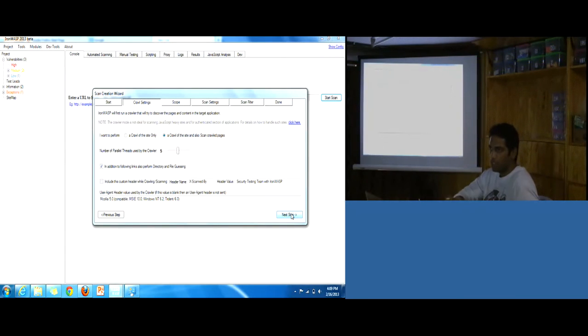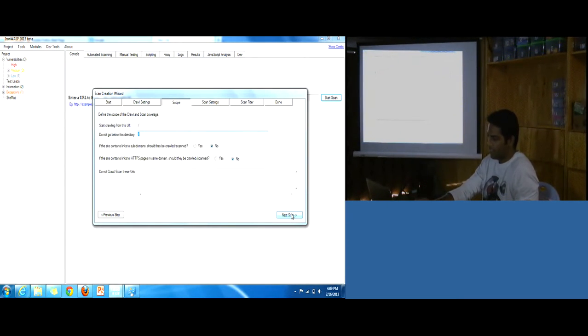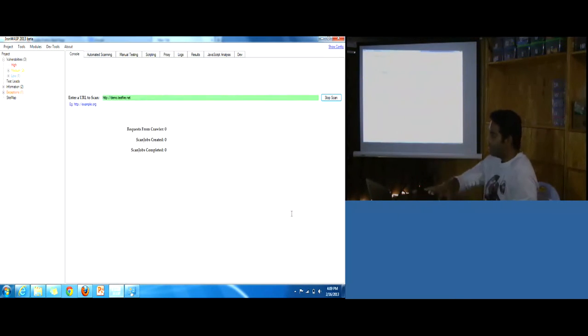There are some configuration options you can give to make your scan more effective. These will probably make more sense to the security guys. But if you don't understand any of this, you can just click next, because the default options selected there are the optimal defaults. So the defaults will do fine. When you do this, the tool does a crawl of the site. It identifies the different sections of the site, the different forms and pages and everything. After it identifies these pages, it starts vulnerability scans on each of them. And if it does find any vulnerabilities, it will report that information to you.